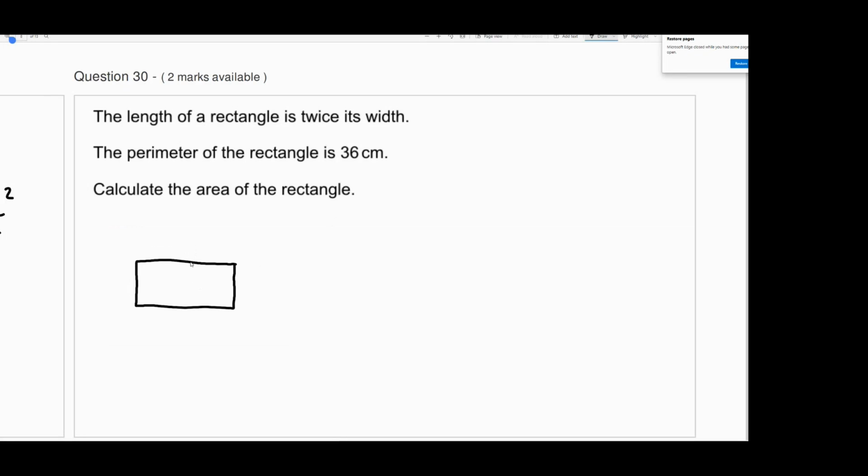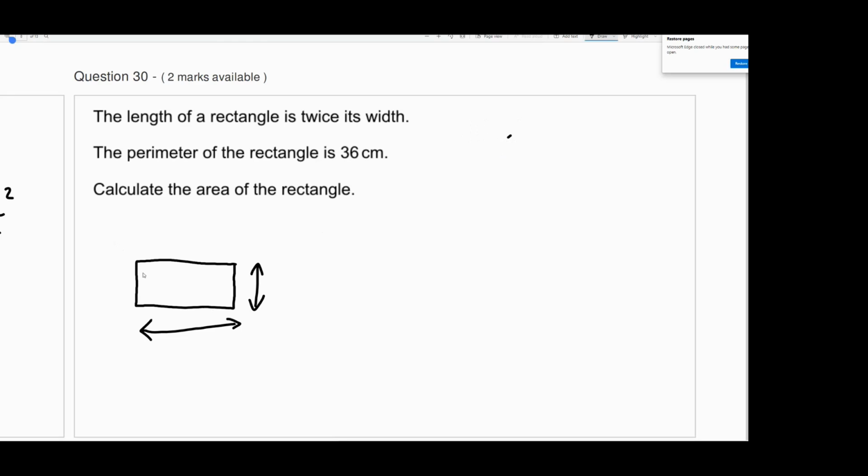So the length is twice its width, and the perimeter is 36. So really, that's probably going to be sort of guesswork. You've got to think about what numbers will add up to 36. So we could say 36 is 18 and 18, but we want the length to be two lots of the width. So we can't just have 18 and 18. Well, in fact, that's not going to work either, actually, because the whole